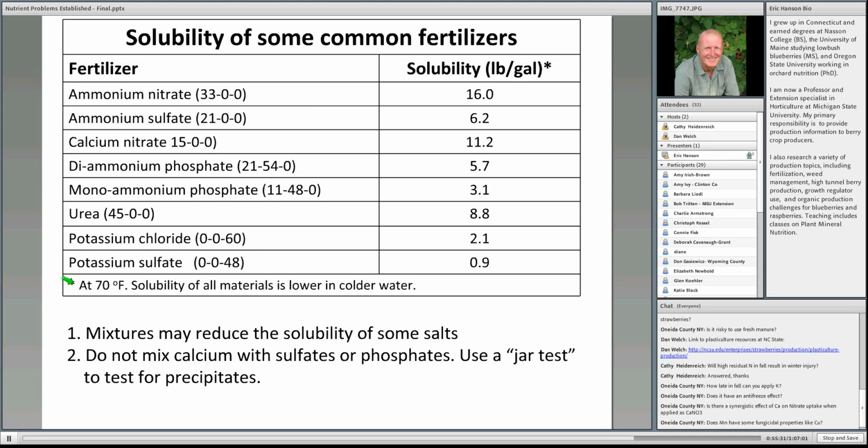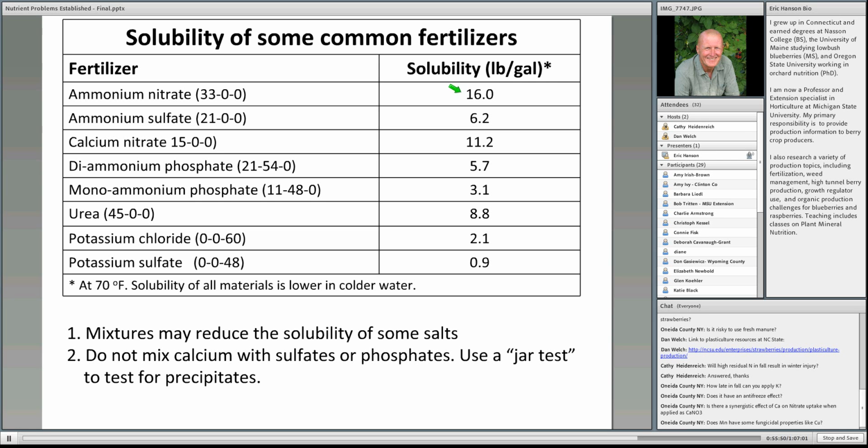Potassium materials are somewhat lower in solubility. These solubility levels are pounds of product per gallon, so they're extremely high. 16 pounds per gallon is